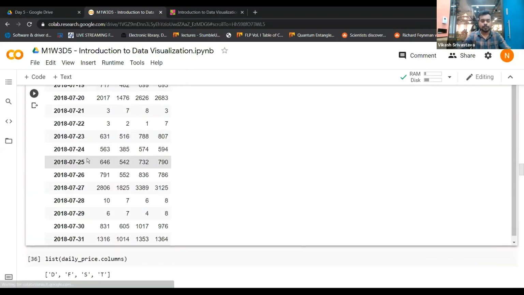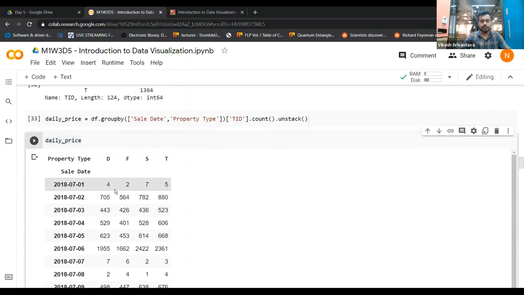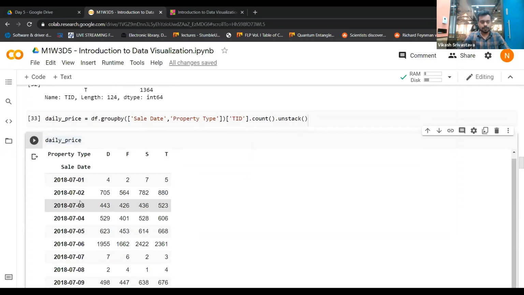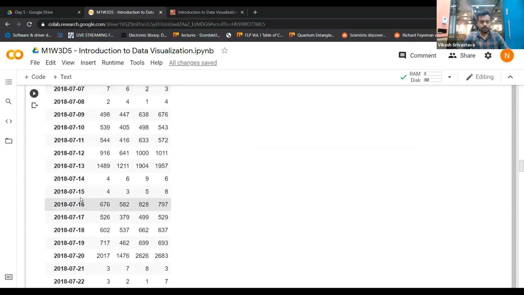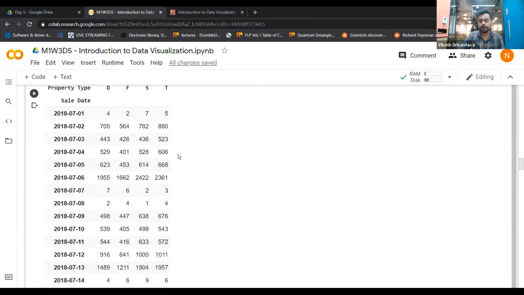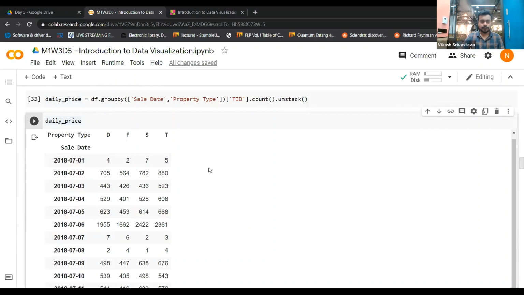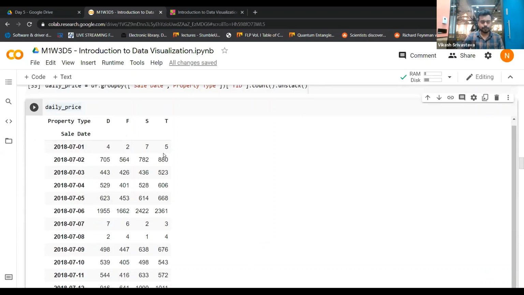Okay, so DFST are your columns, for detached, semi-detached, flats, and terraced. Okay, so you have these sales numbers here and things like these. So for all the dates we have the sales for these particular property types. Okay, so now we want to